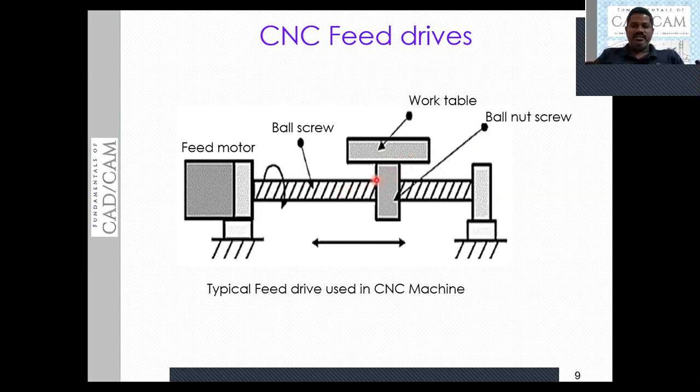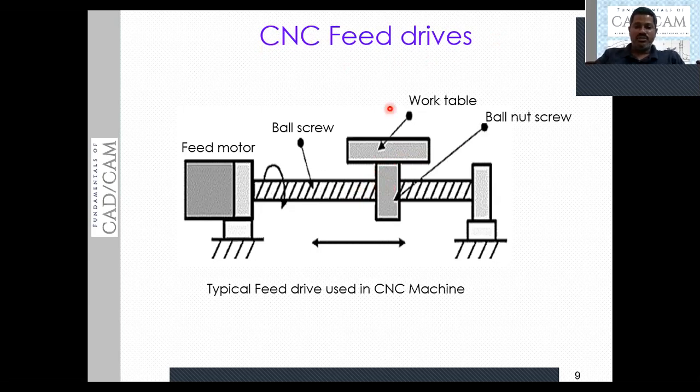This is the mechanism feed drives use. I tell you once again, in between the nut and screw, the balls are introduced to reduce the friction, to reduce the power consumption of the table. This is exactly the basic principle of the feed drive.